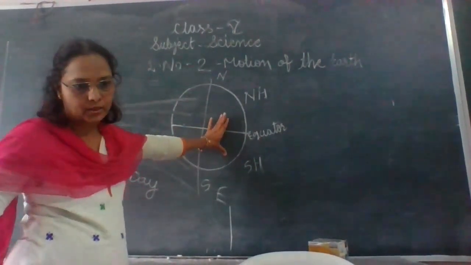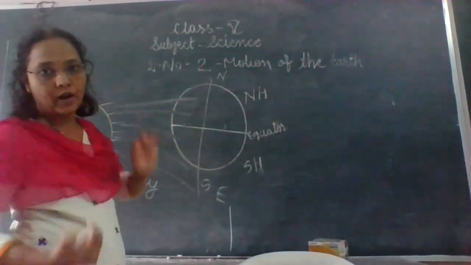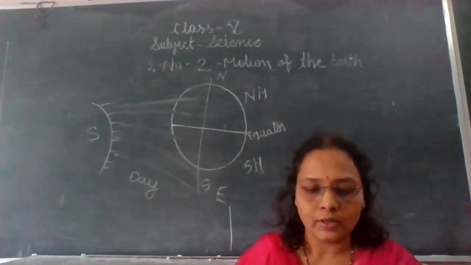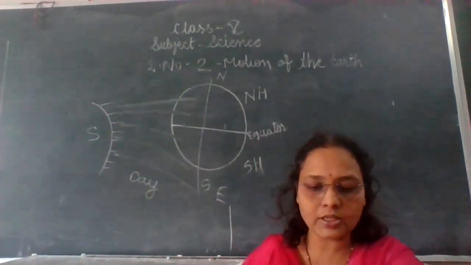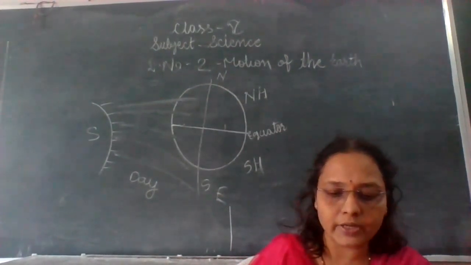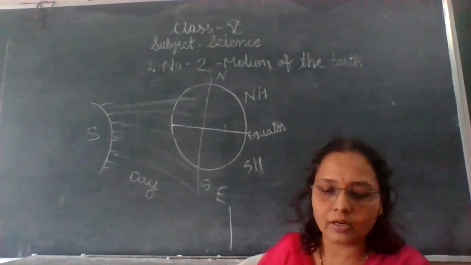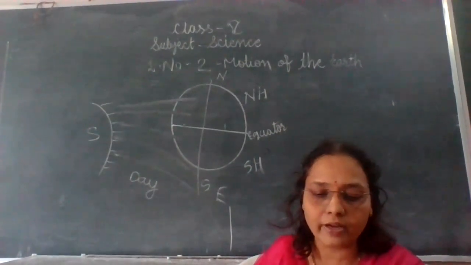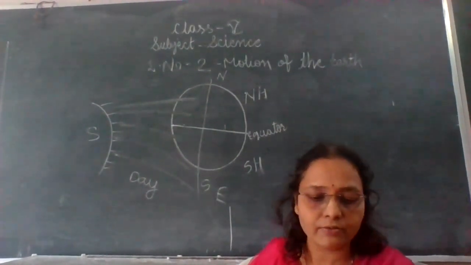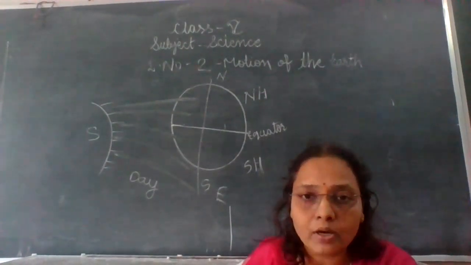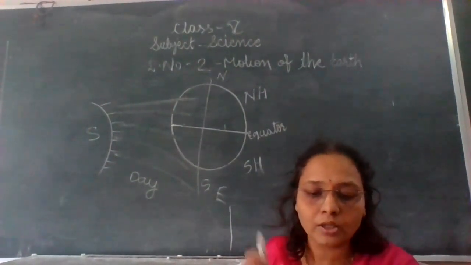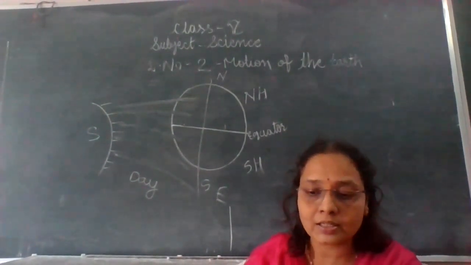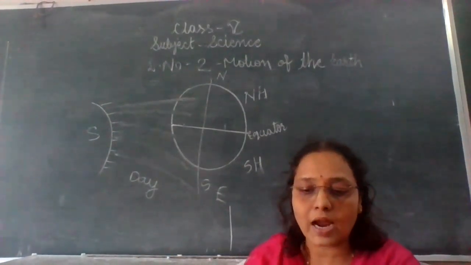Our earth rotates from west to east. As the earth rotates, its different parts come into the light of the sun one after the other, and turn away from it in the same order. You know, our earth rotates from west to east. After one sunrise, the next one occurs at the